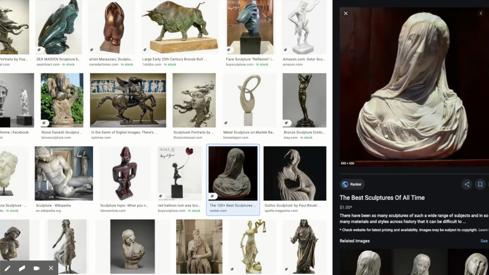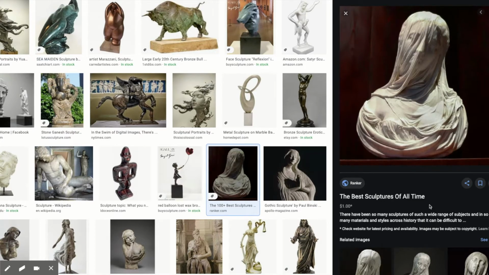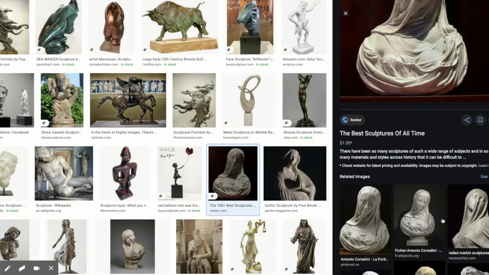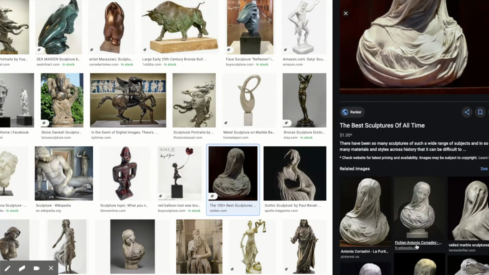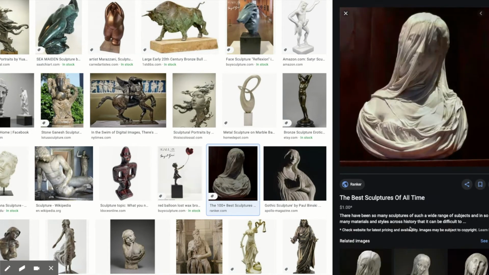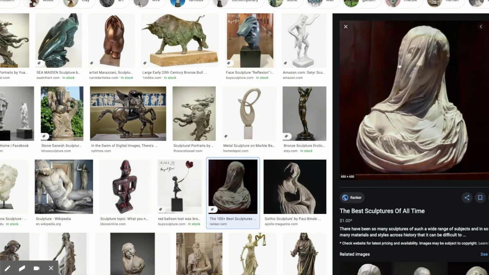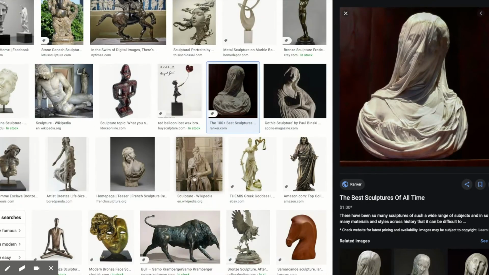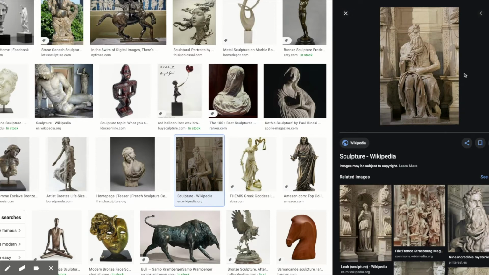I think I remember this one. It says the best sculptures of all times, which make me think, yes, I'm already seeing some names here. I'm not going to go much further with this one. I'm fascinated by it. But instead, what I did, well, I want to show you. This one I know is a Michelangelo, and it's absolutely wonderful. There's some really fun things about it. This one I think is